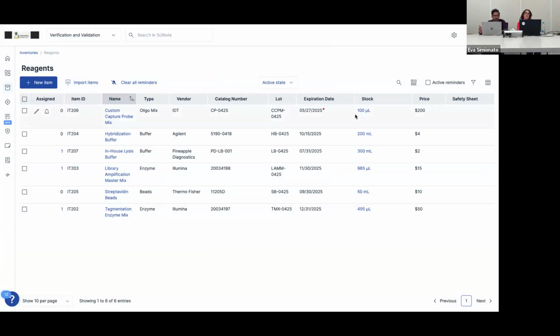And then for your reagents, if you wanted to keep track of the safety data sheets, you can. So you can upload those safety data sheets for each of these items. And then also the price per unit. So if your lab or your company is interested in keeping track of how much this project is costing me in terms of reagents or consumables, well, if you have the price per unit captured in your inventory